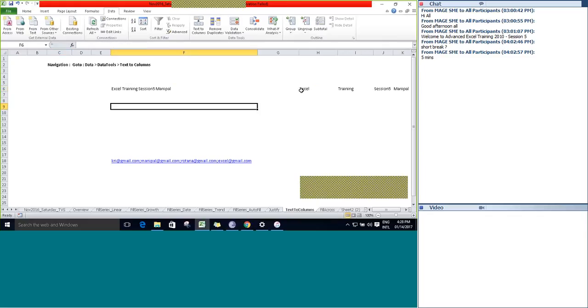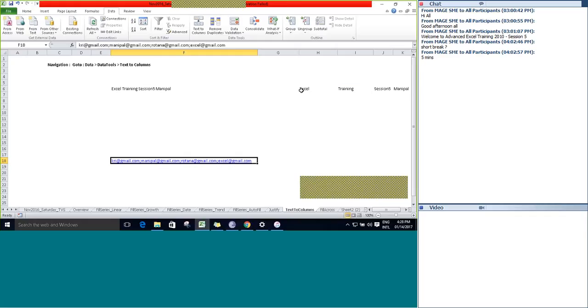Similarly, in the next scenario, semicolon is the separator available as a delimiter between each email ID. Go to Text to Columns, go with Delimited, and here go with Semicolon. You can see the data preview below.